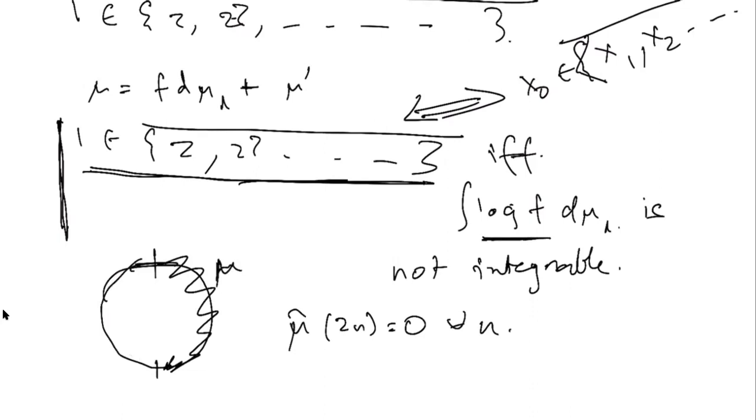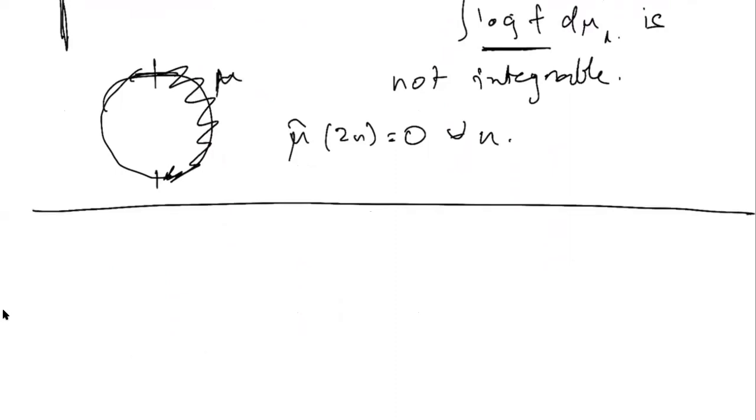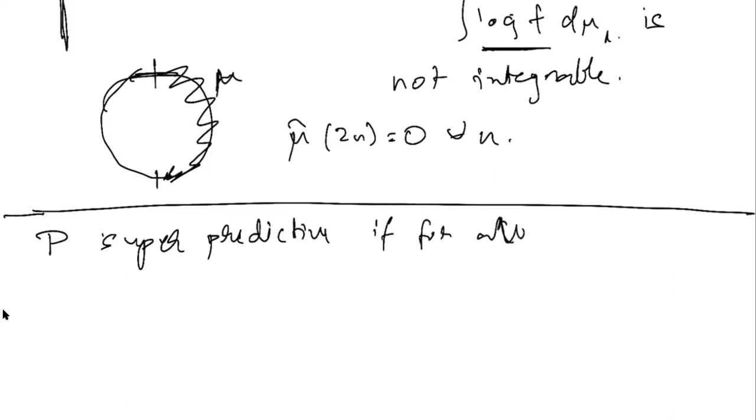So it turns out that you will have prediction. You can predict using the future, the past, but you can't predict using the even integers. So it's a completely different ball game. There's a completely different set of questions. So here is a question which we don't know how to answer, and this will tell you how little we know about this. So we are going to call P, I'm inventing names right now, you won't find this in our paper, super predictive if for all deterministic